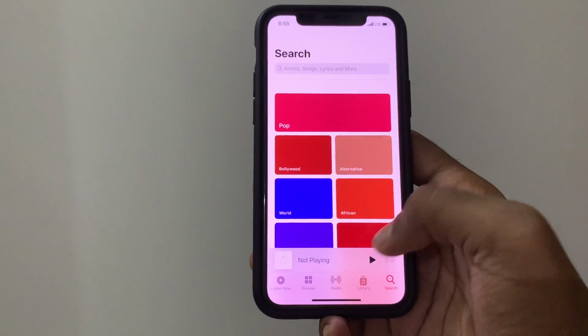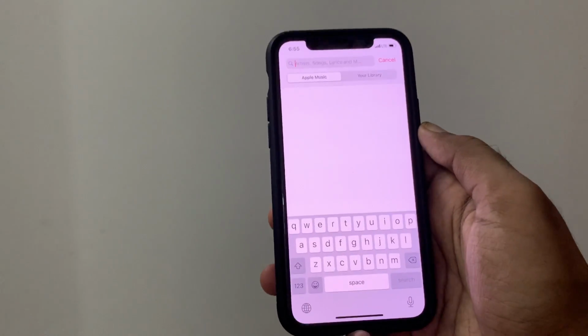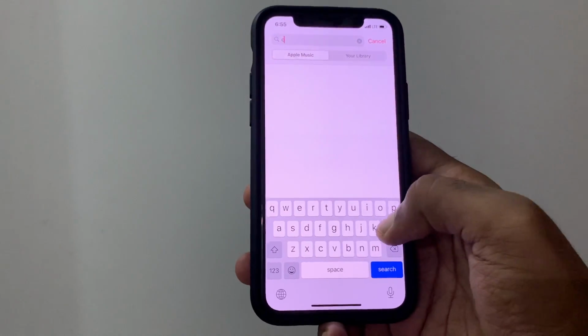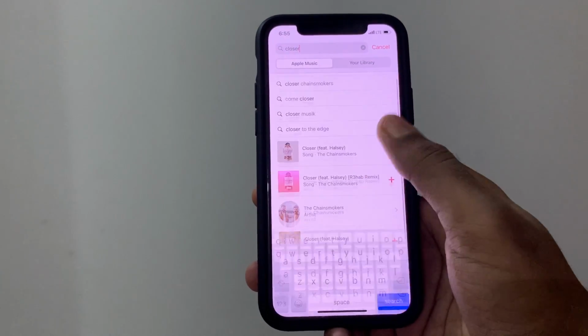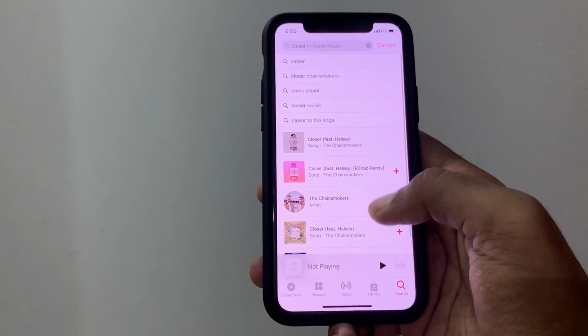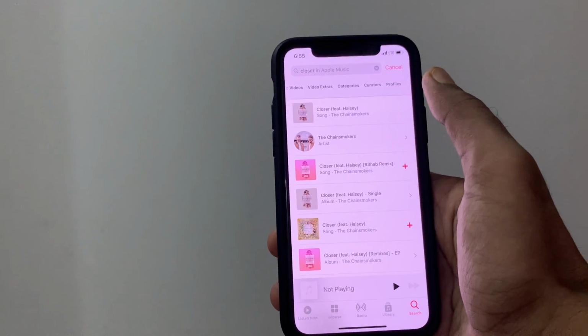And your library is there, your normal library, your songs, albums, artists, whatever offline songs. The search has also got a new redesign, so it will show some categories. And if you search for a song, there are now more filters. For example, if you search for some song and click on the result, you can see there will be more filters to sort from.